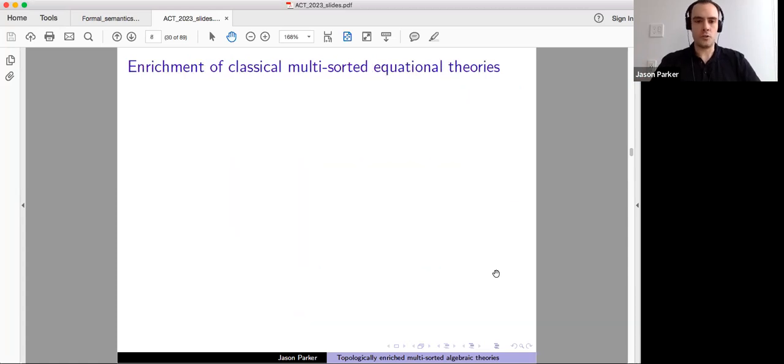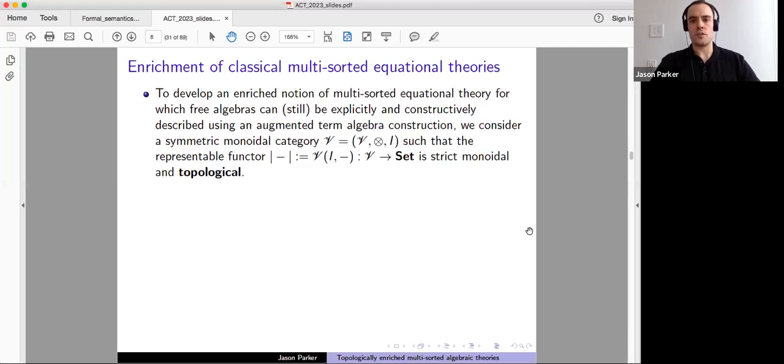Okay, so now I will move on to enrichment of these classical theories. The objective of this work was to develop an enriched notion of multi-sorted equational theory, for which the free algebras can still be described very explicitly and constructively using an enhanced or augmented term algebra construction. To achieve that, we considered a symmetric monoidal category V, such that